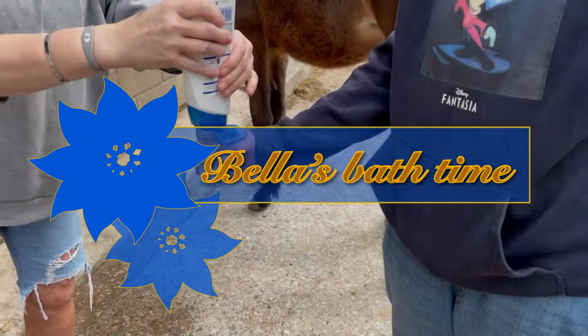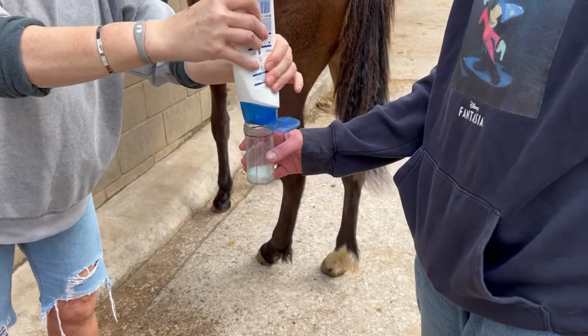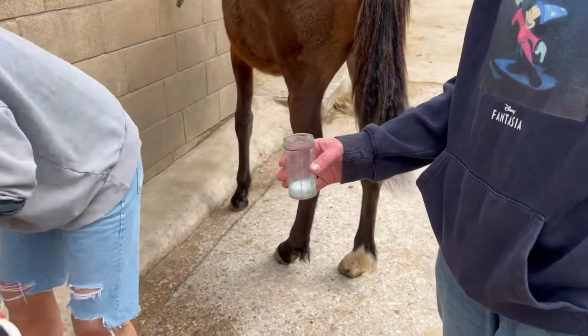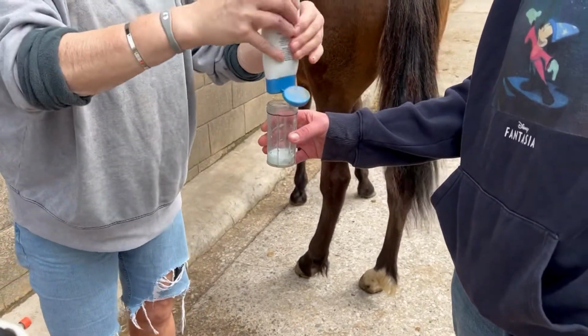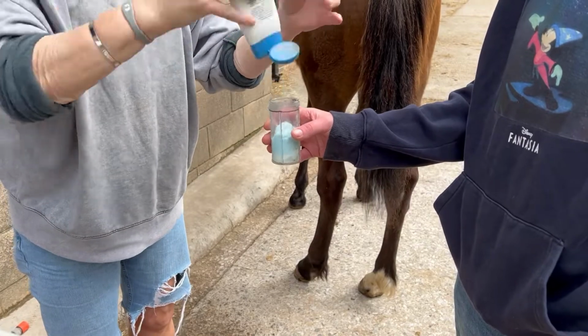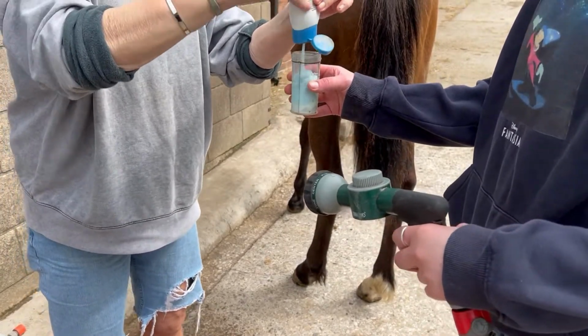We've got one of these clever things that you put the soap in and the water runs through, and then it showers. We're just using an anti-dandruff shampoo, which we found the best. Again, not endorsed by anybody, but